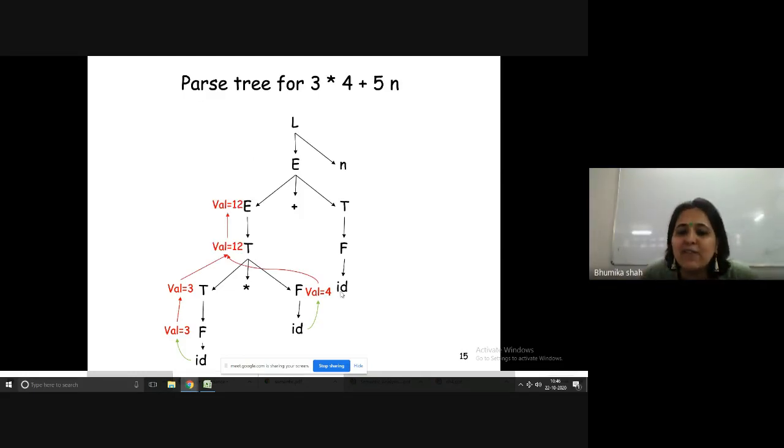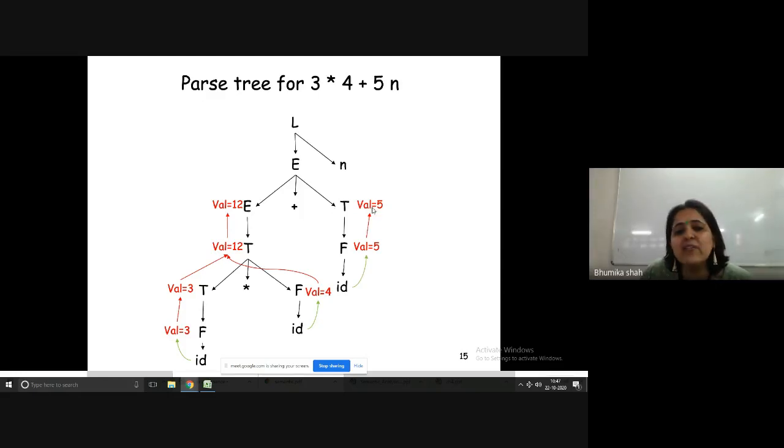Now we are going to assign a value to this ID. The value of ID will be assigned over here, which is always synthesized. Now the value of this ID is going to be assigned to F, that is the parent node. Again, child to parent value is assigned, and that's why it is called a synthesized attribute. Again, the value of F is assigned to T, so synthesized attribute.